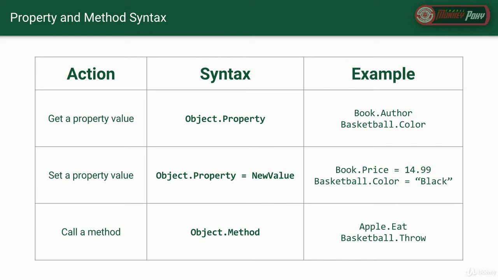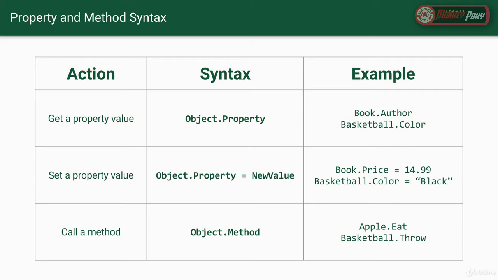So let's take a look at the two examples here. If we do just book.price, we're going to get the current price property of a book, which is going to be some kind of number. If we want to overwrite that, if we want to set the price property to something different, we do book.price equals, and on the right-hand side, the new value, which let's say arbitrarily is $14.99. Similarly, if we want to change the value of the color property on a basketball object, we would do the object, basketball, dot, the property, which is color, an equal sign, and the new value on the right,